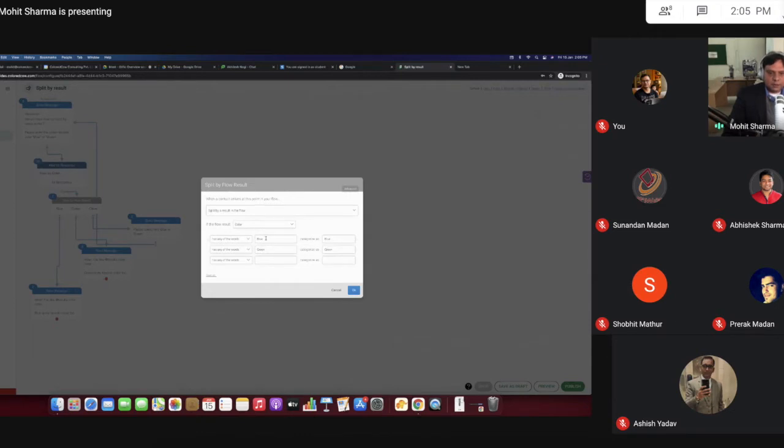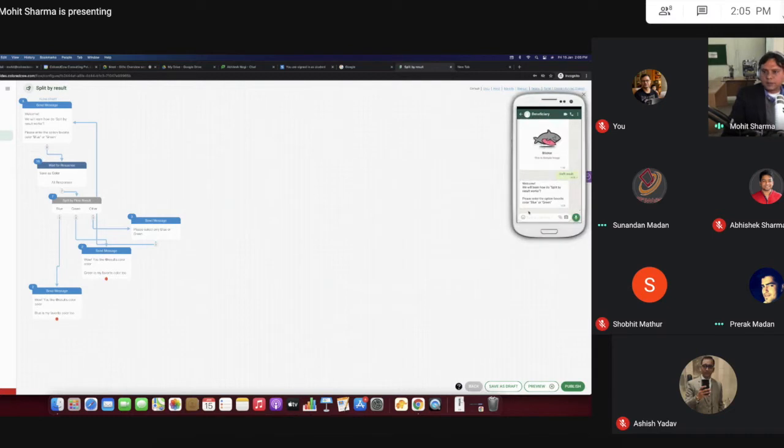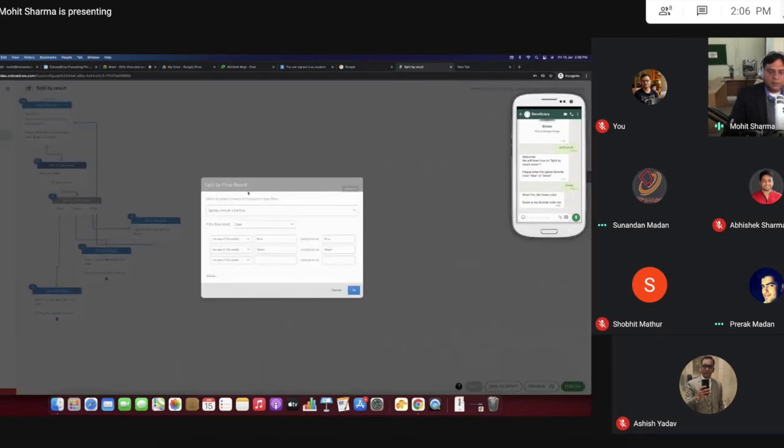And on the basis of the result which we have received from the user, we can go into different workflows, to different nodes. So let me try and run this. It says, please enter your favorite color. Green. So it says, okay, green color is my favorite too. So this was the example of split by flow result which you discussed last time.